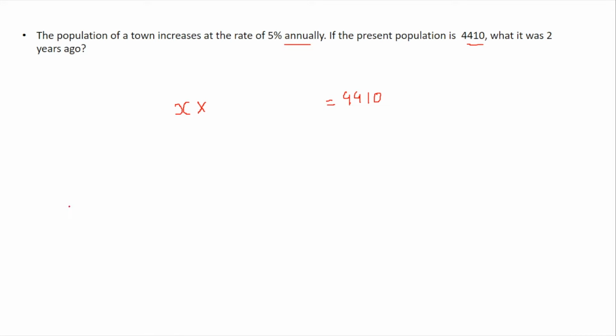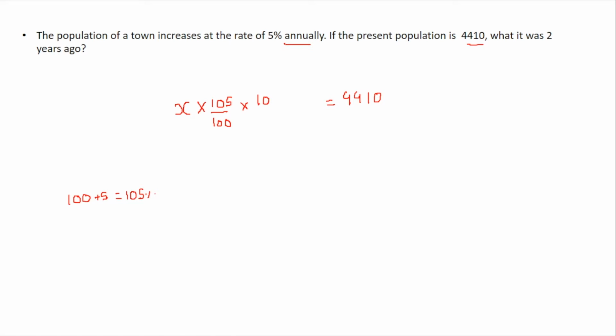So I told you that every person is 100% itself. If there is an increase, then you have to add. If there is a subtraction or a loss, then you have to minus. So 100 plus 5 will be 105%. So the value of the actual increase will be 105%, right? 100 plus 5. So the value was X for the village. For the first year, it increased by 5%. That means 105 by 100. And in another year, it again increased for the second year.